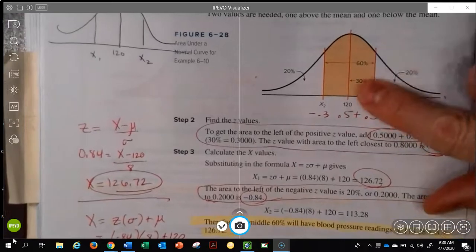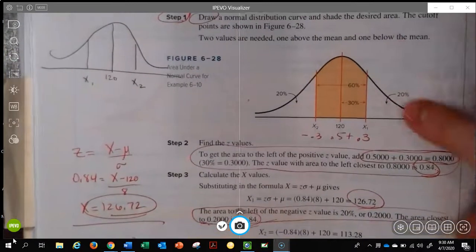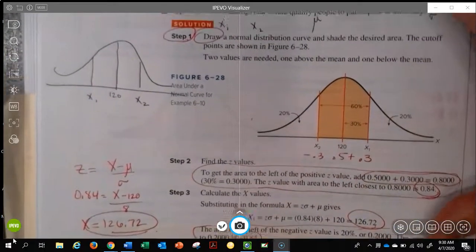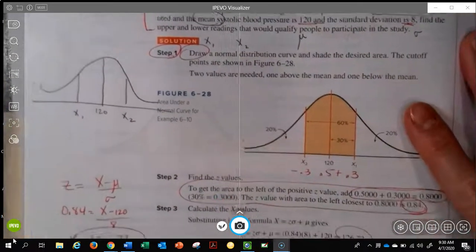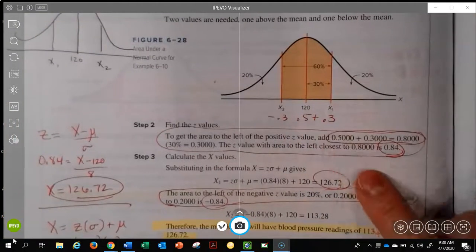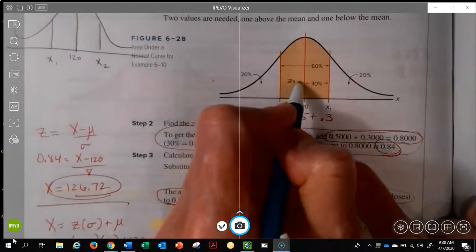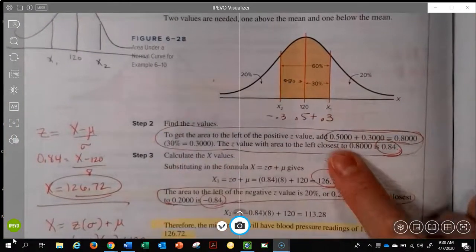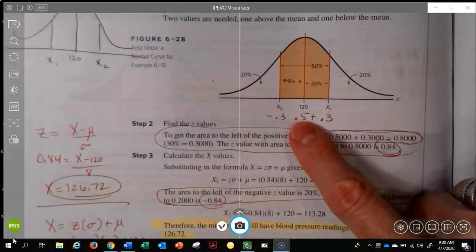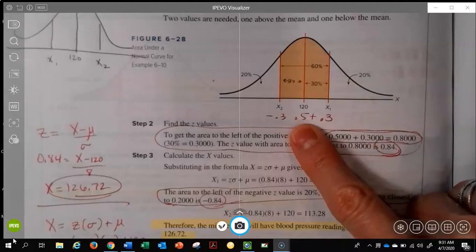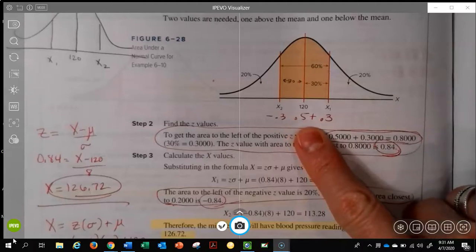I like their drawing because it has shading. And so if you notice here, they want the inner 60%. And I'll go back to the question that said the middle 60%. So if they want the middle 60%, you've got to envision that there are 30% and 30% on each side. And if that's the case, dead center z-score is a 0, but its probability is half,